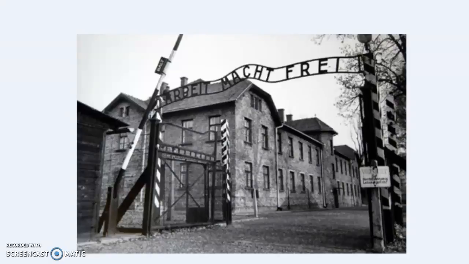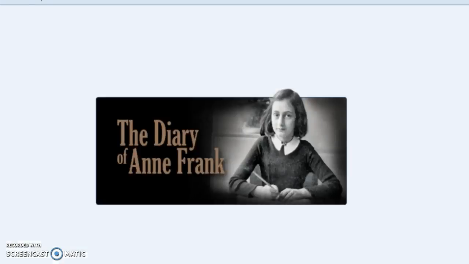If any of you can figure out where this is from, it's from a concentration camp during World War II. The book that we're going to be reading is The Diary of Anne Frank. Anne eventually went to a concentration camp with her family after they hid out for a number of years, and that is where she wrote her diary. So we're going to discuss the book, though, from different viewpoints as we go along.